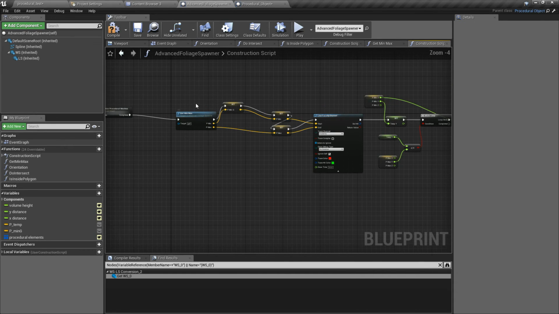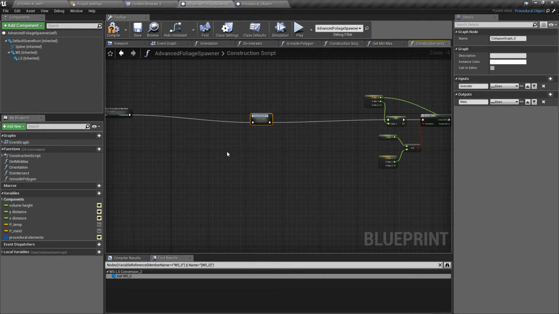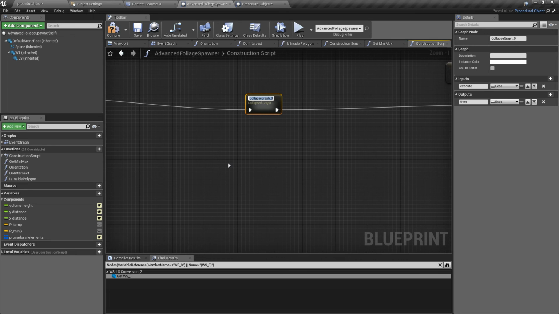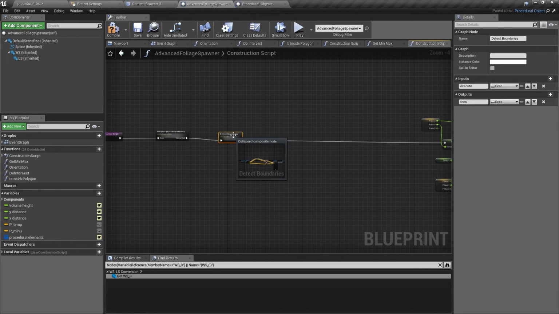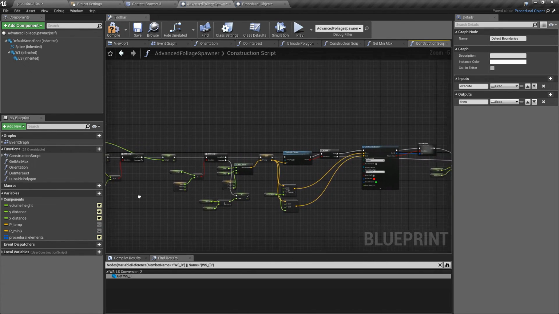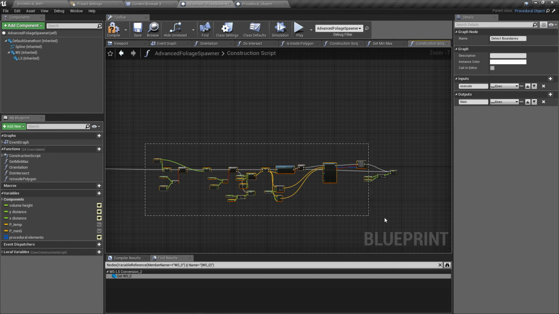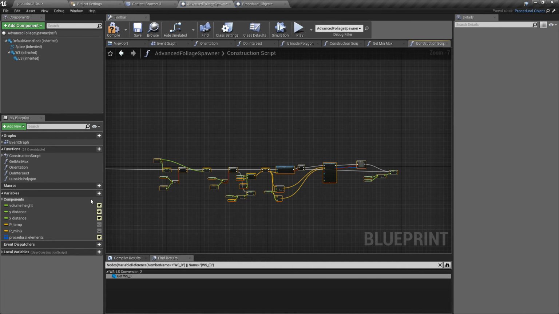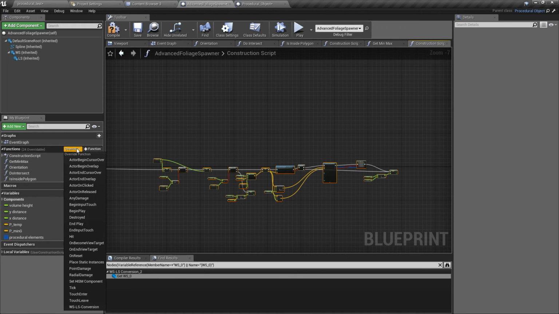So I'll collapse this part to a single node and I'll call it detect boundaries. Yeah, and this part is place static instances,